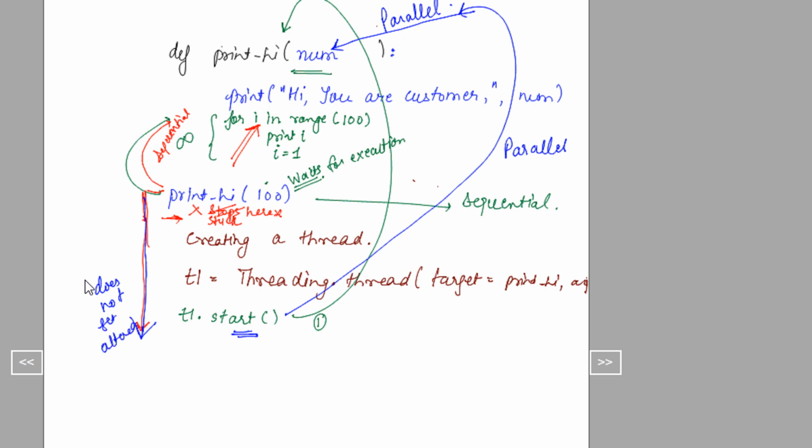This keeps on continuing and this runs in parallel. So now you see what the advantage is. For example, if you have a print end at the end and you don't use join, what will happen? This thread will start and keep on running, executing parallelly.